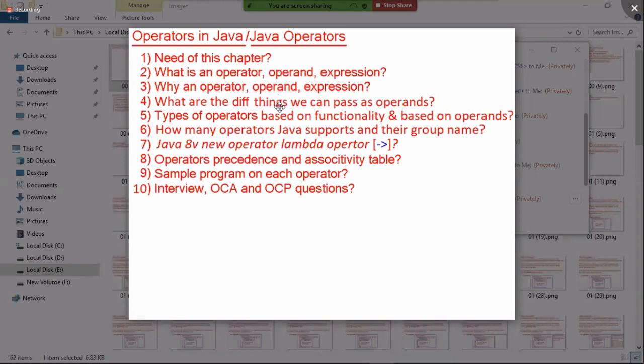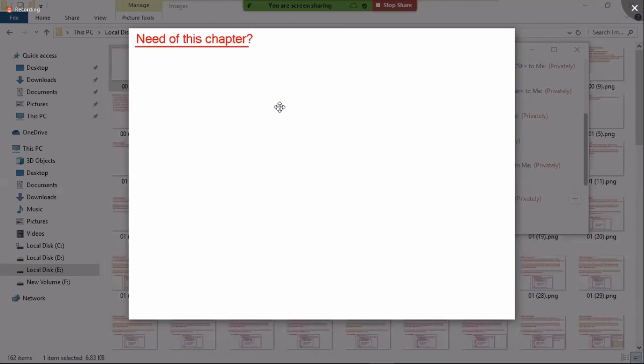Let's see now. First, let's try to understand what is the need of this chapter. All you people try to visualize whatever I am trying to explain. If you visualize, then it will be easy for you to get into your mind. Your feelings are very important. If you feel the subject, then you can easily understand. If you are not feeling the subject, just time passing, moving around, looking this side, that side, and only writing the notes, the subject will not come to your mind. Writing notes is not at all important. Storing the points in your mind is very important.